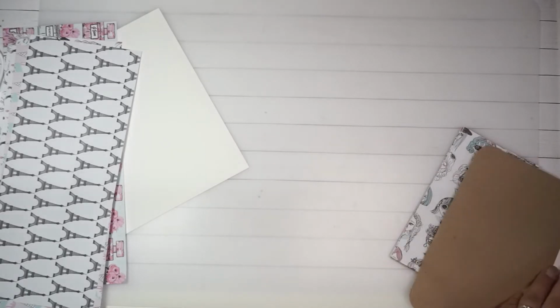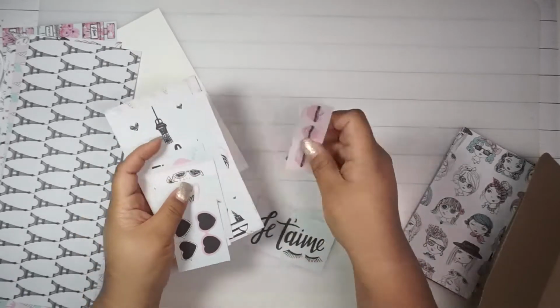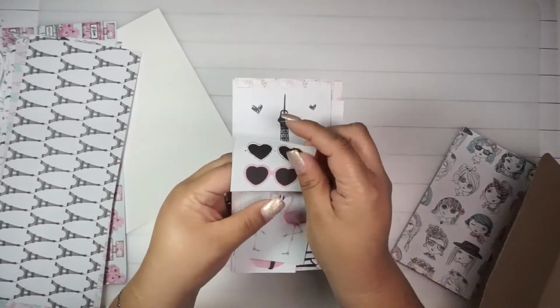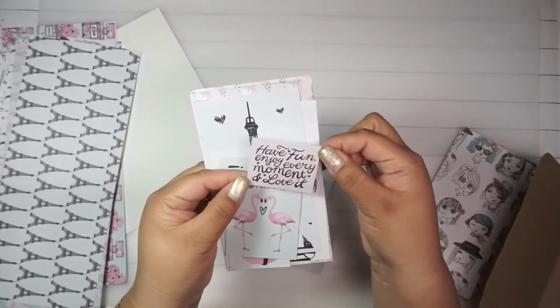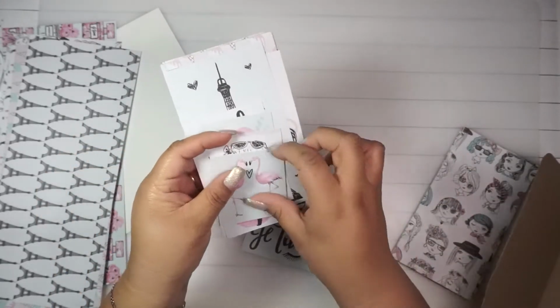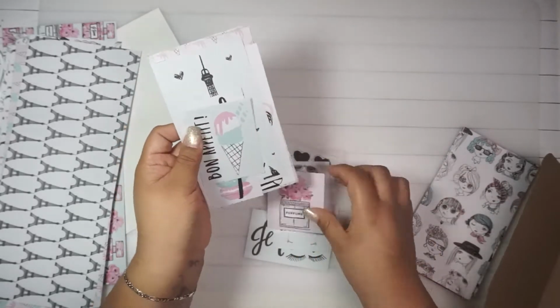And then on one of the pages, what I did is I ended up cutting one of the pages that had all these fun little paper cutouts. Have fun, enjoy every moment, and love it. That's what that one says. But look, I just pretty much did a whole bunch of cutouts, and that way she can do this